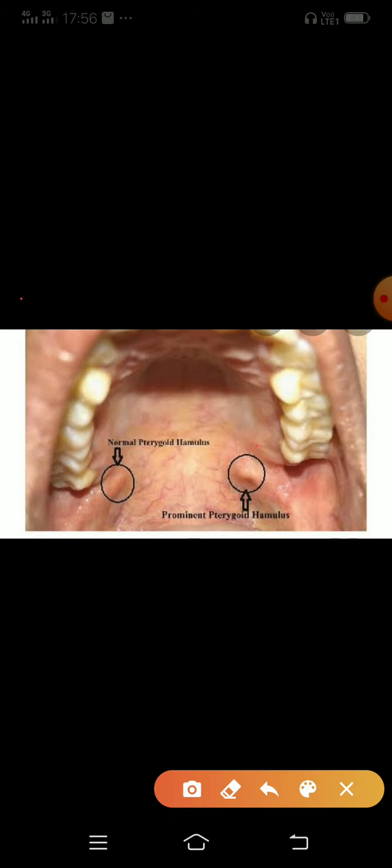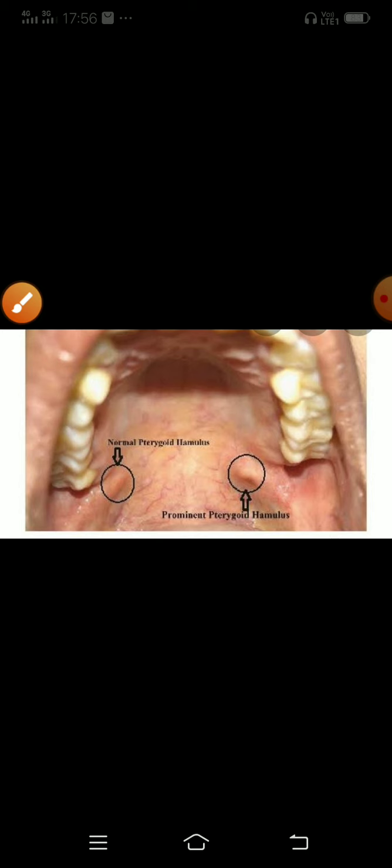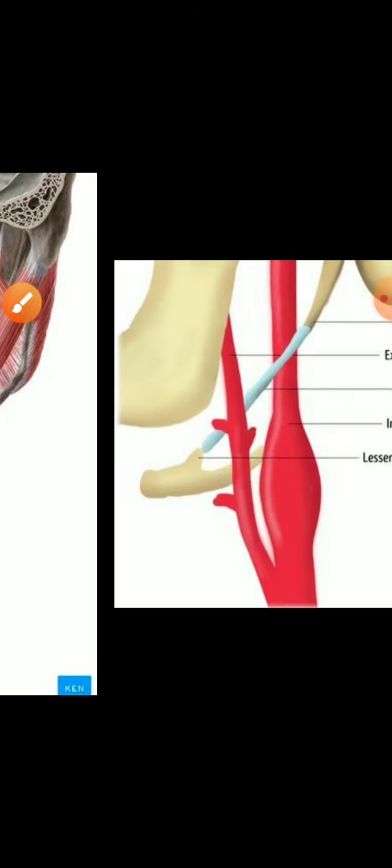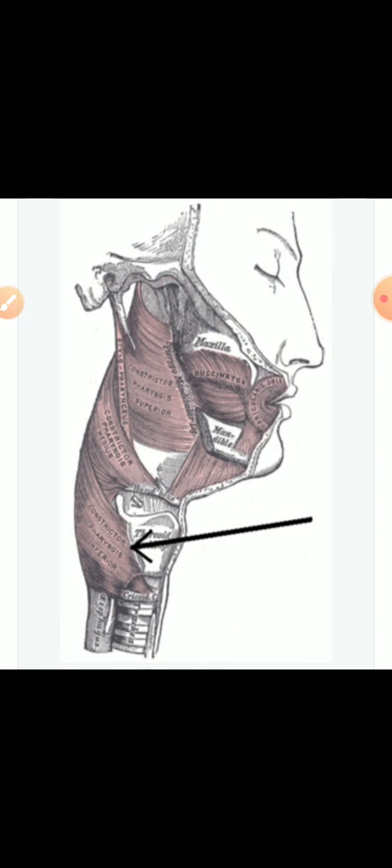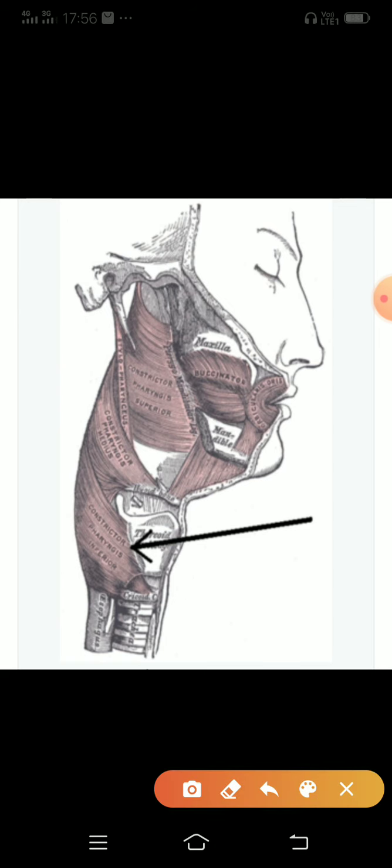This is the pterygoid hamulus. Now the next origin is from the pterygomandibular raphe. The pterygomandibular raphe is something which will be here. This whole thing is the superior constrictor muscle. So this will be the pterygomandibular raphe. You can see here the pterygomandibular raphe, and here will be the